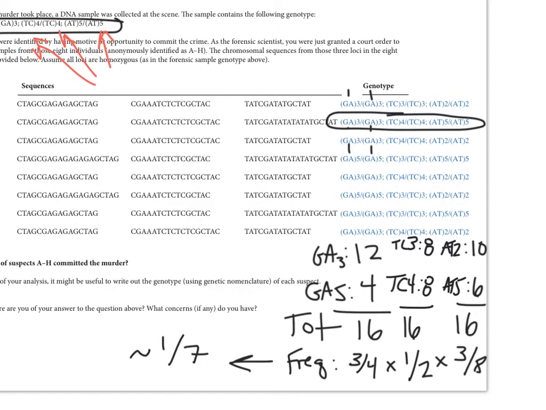Yes. And that's why the CODIS index looks at 23 different microsatellites, not just 3. The more different spots on different chromosomes you look at, the less and less likely it is by chance that you find 2 people that match. Because you're multiplying fractions. Right? Here we multiplied 3 fractions and got a relatively large number still, a 1 in 7 chance of people matching at random. You do that 23 times, if it's a half times a half times a half,